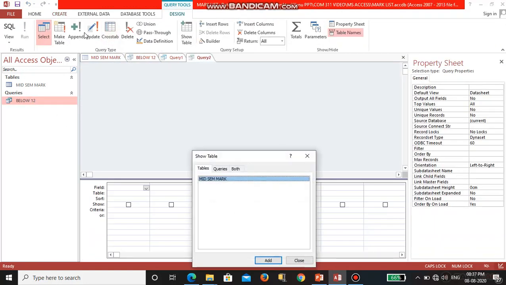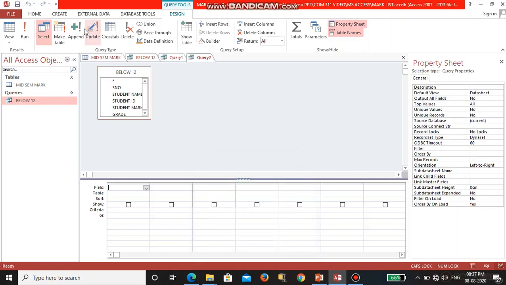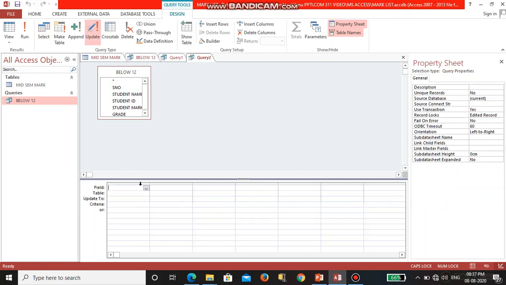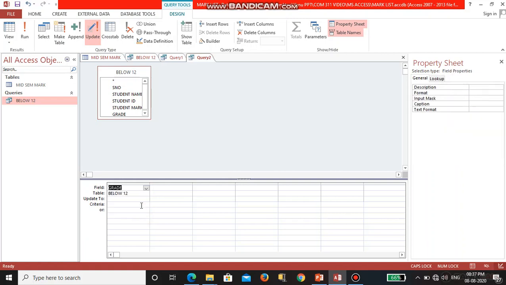In this you choose the table. After that you go here to update. In update I want to give the field, that is in the grade option I want to update to pass, from fail to pass.